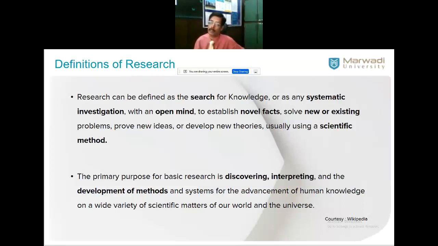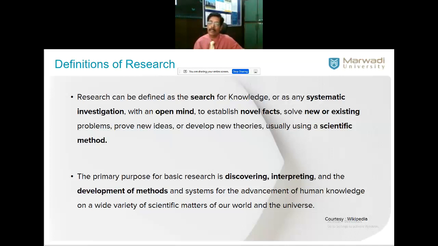So it may not be possible to always find out something novel which no one has done. The Nobel laureates would be doing that. Under our circumstances and our scenario, it can be either a new or an existing problem. What do I do with the existing problem? Take an existing problem, analyze what kind of solutions are available in the market, and try to improve it, like the mobile holder I showed you some time back. Existing model you can take and try to bring some approximation or some innovation onto that and reveal it to the entire world. That also we can do.